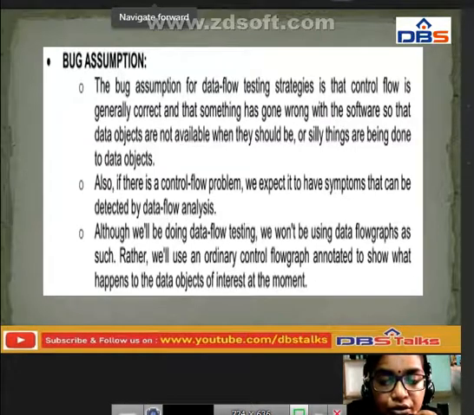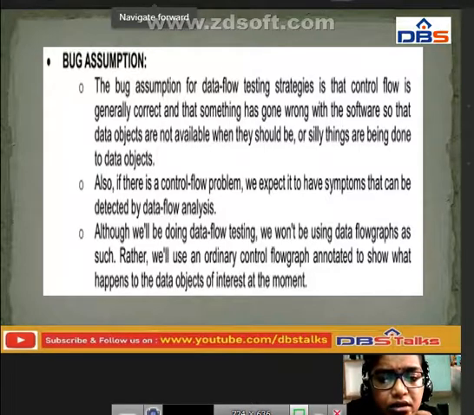If you have a doubt that there is some bug, the task you have to do is this control flow technique, and it is generally correct that something has gone wrong. First of all you have to stop the control flow.